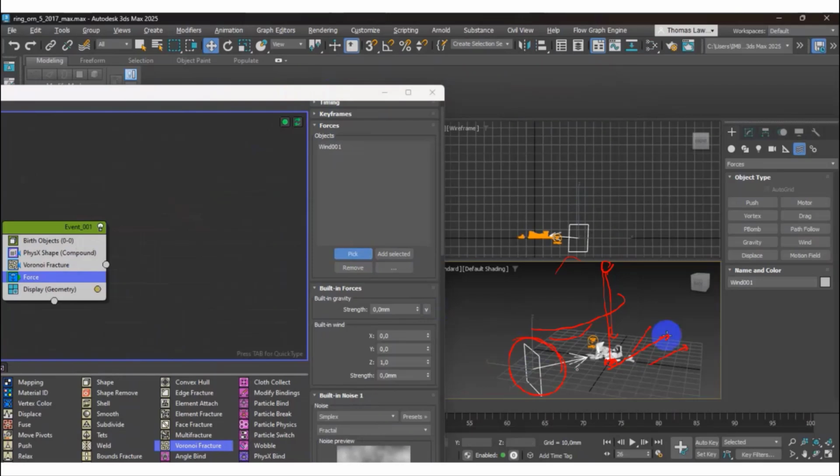Where's the wind modifier? You can go to the force. Inside the force, you can find the wind modifier. So you can drag the wind modifier. Then when you want to apply it to the TyFlow, don't forget to get the force.